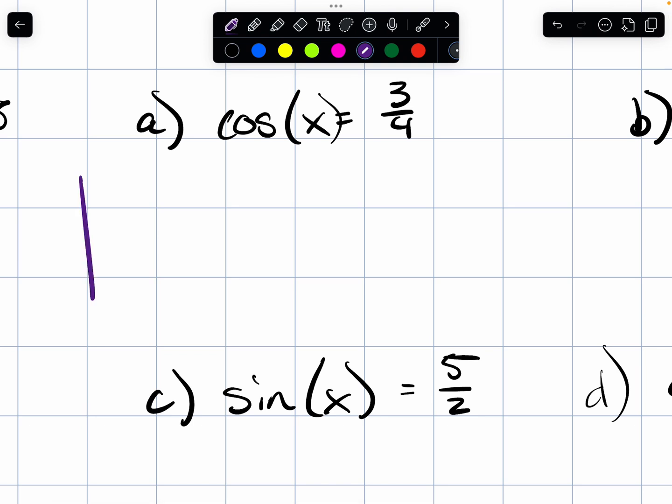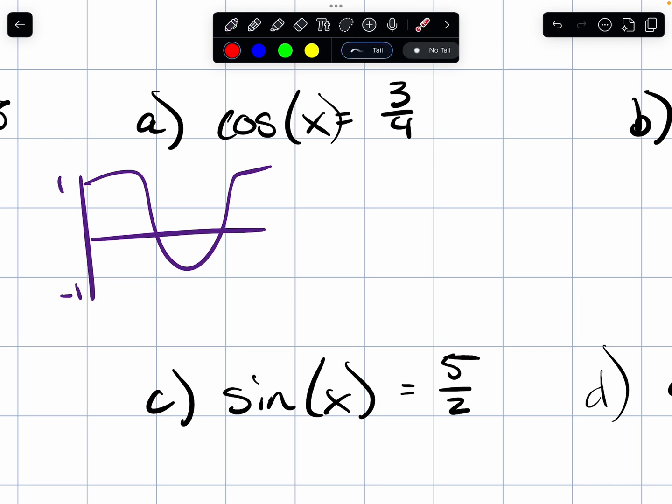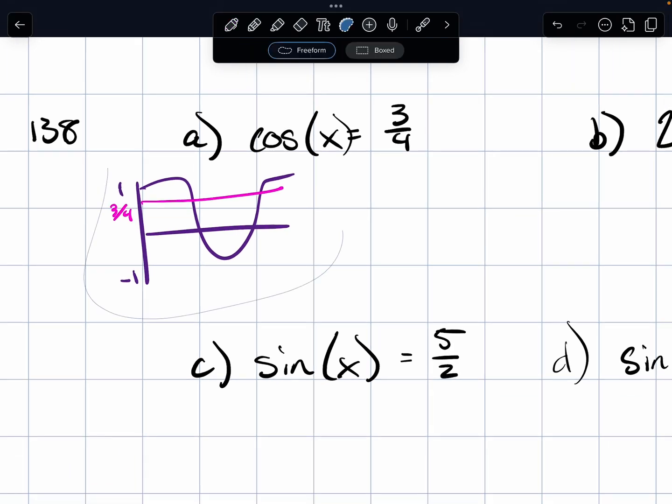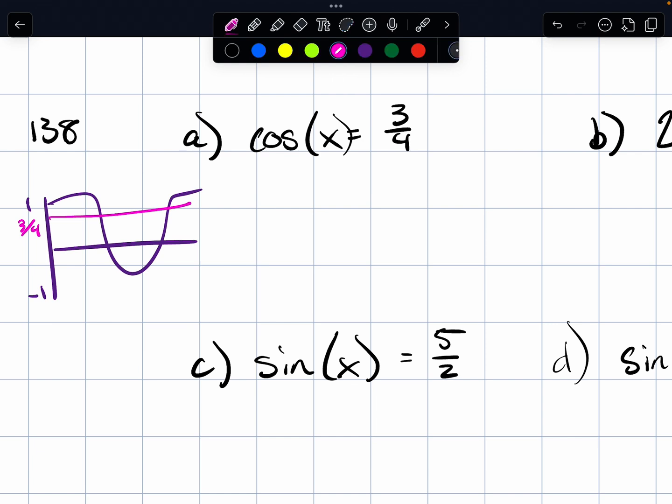So we know that cosine as a graph starts up top, goes down low like this, and it lives in between -1 and 1. So the answer to a cosine question can't be bigger than 1 or less than -1. And we know that 3/4 is somewhere here. So I know it's going to have two answers within cosine, so this 3/4. So the answer to this would be sometimes, and I guess the answer maybe they're looking for would be